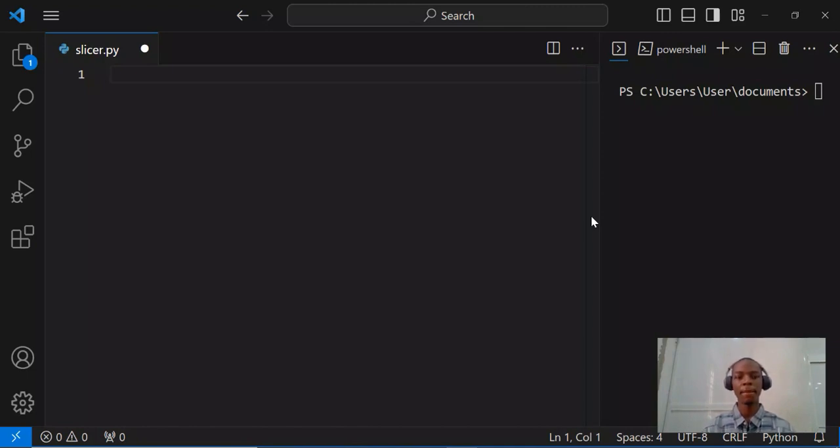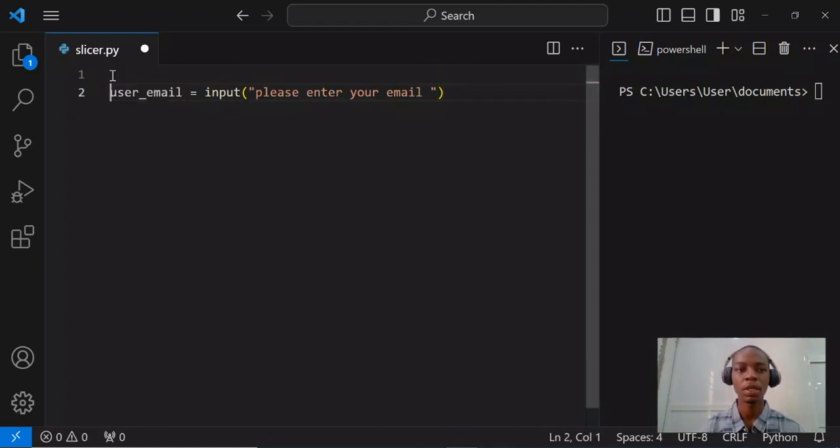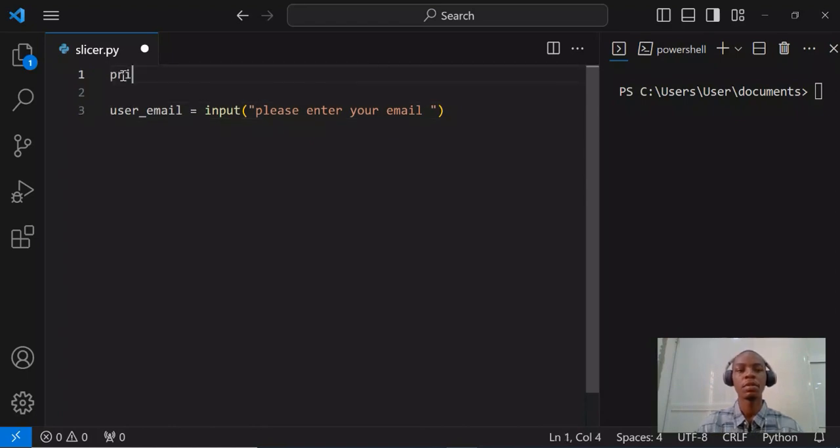Let's say user_email equals input, and say "Please enter your email." And then once the user enters their email, first of all, we're supposed to welcome the user, something like that. Let's print